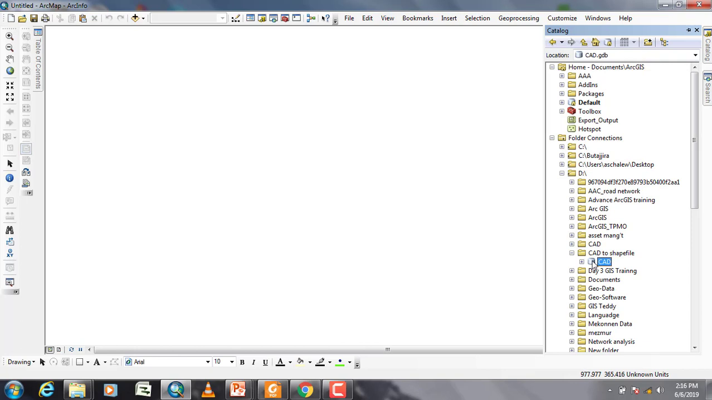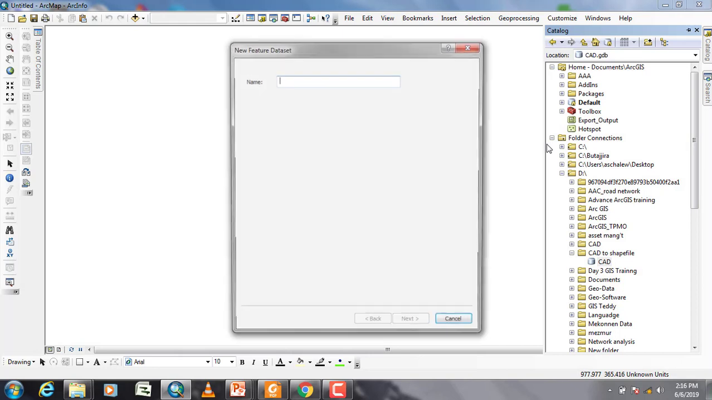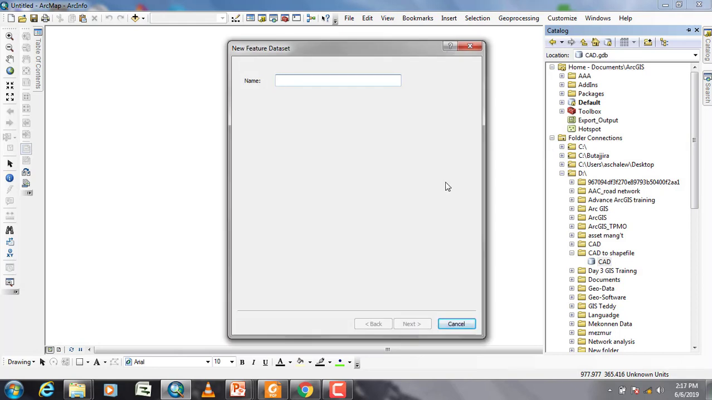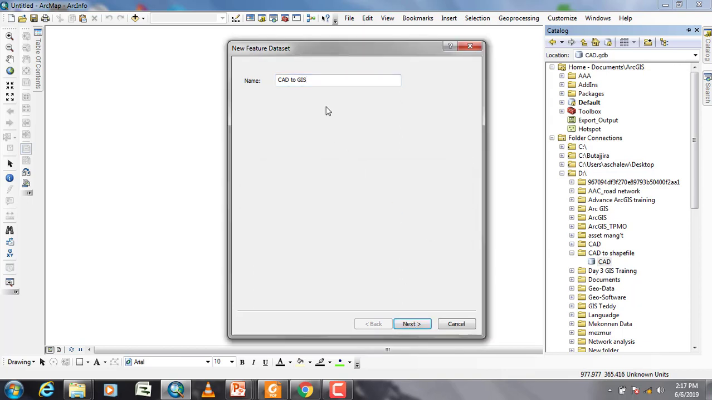Then the next step is to create a new feature dataset. In the feature dataset, the name will be CAD2. Let's take this. Next,